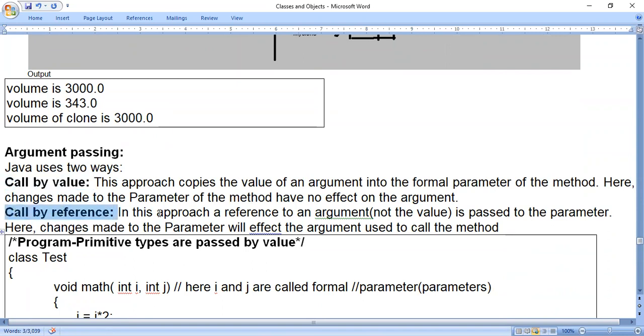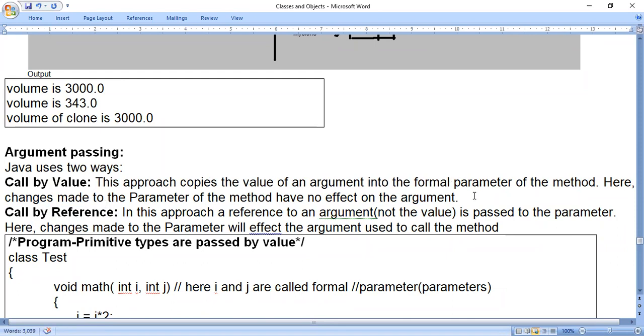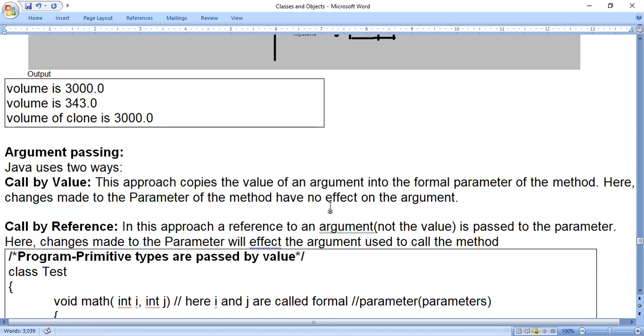In case of C and C++, the pointer concept is there. Call by reference is nothing but pointers there. But in Java, the pointer concept is not there. Instead of that, the reference concept is there. Okay, object reference we have discussed, right? That concept is there. So now we will see what these things are. If you remember the concept of pointers in C++ or C language, think in the same way here for reference.